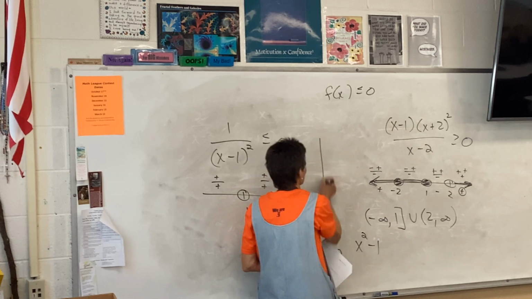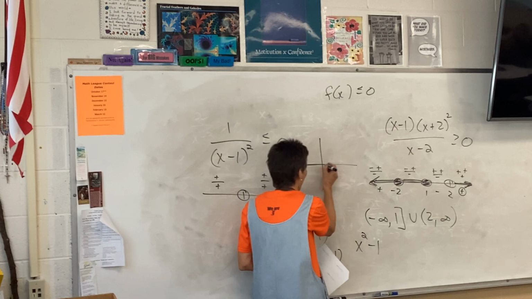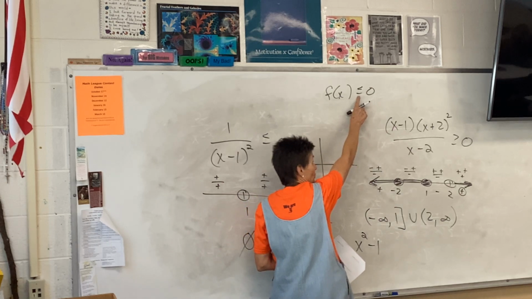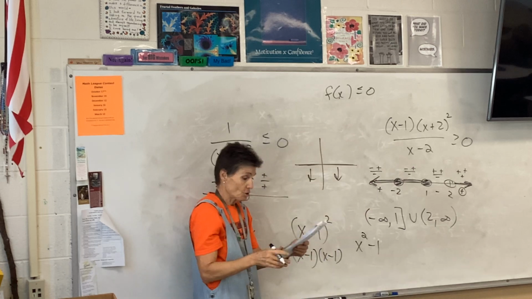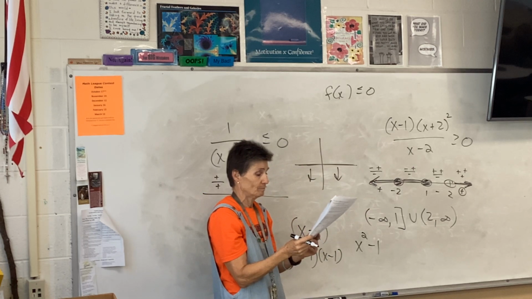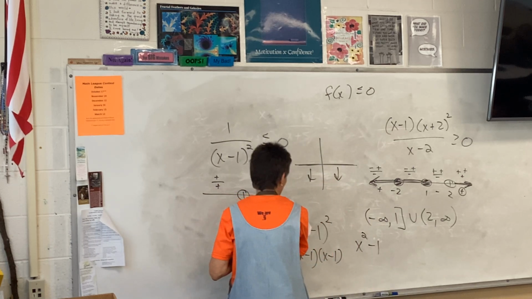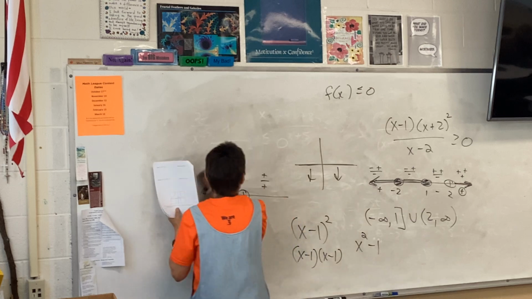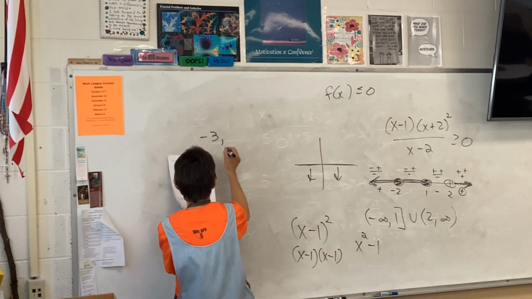So that means you're looking for all the Y's that are either on the axis or below. So which Y's are on the axis or below? What are the X values? -3 to